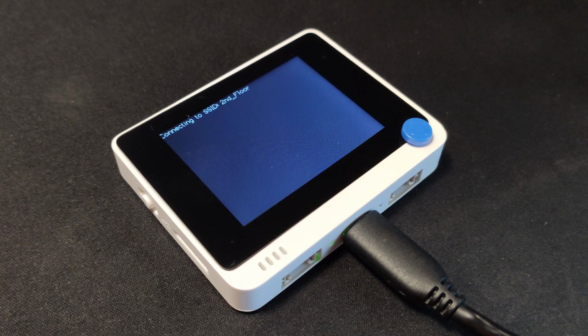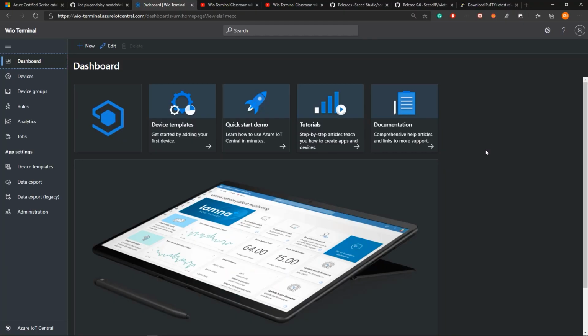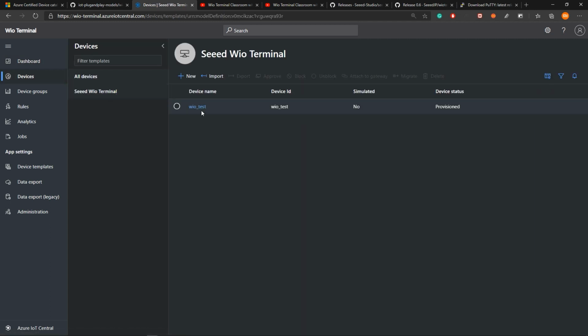As you can see, it first tries to connect to the Wi-Fi network, and then once it's connected, it connects to the Azure IoT Hub DPS. And finally, it sends the telemetry data to the Azure IoT Central. Now let's go back to Azure IoT Central and click on devices, and here you will see the Wire terminal appeared. So click on Wire test,